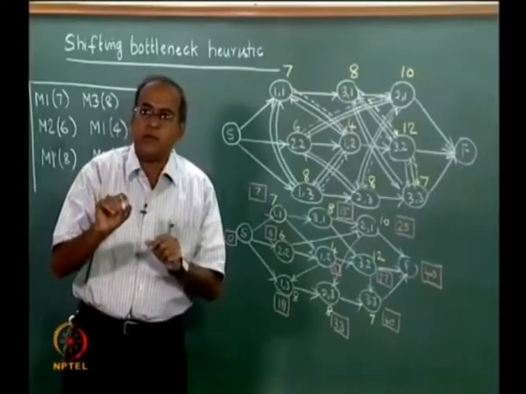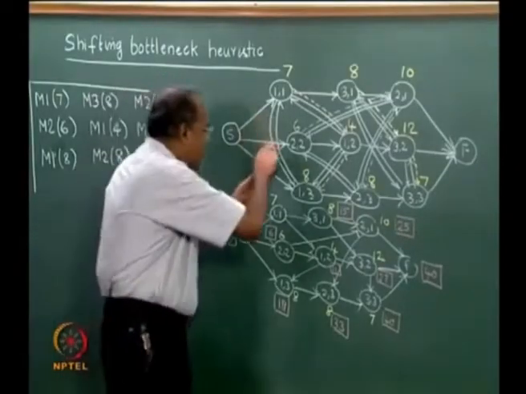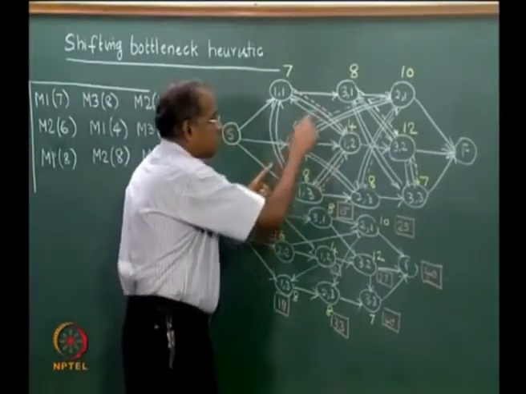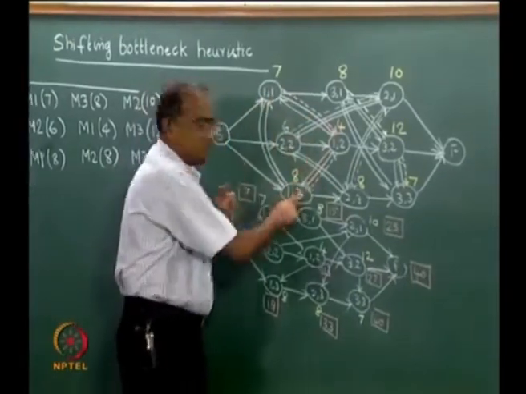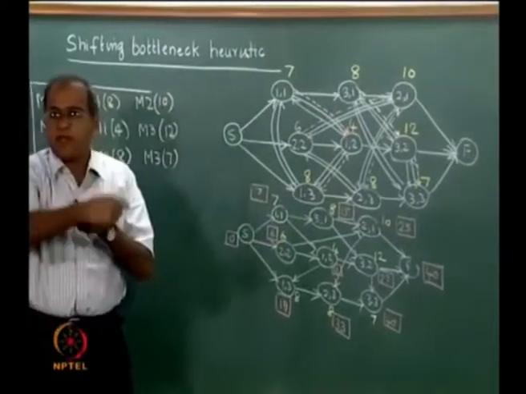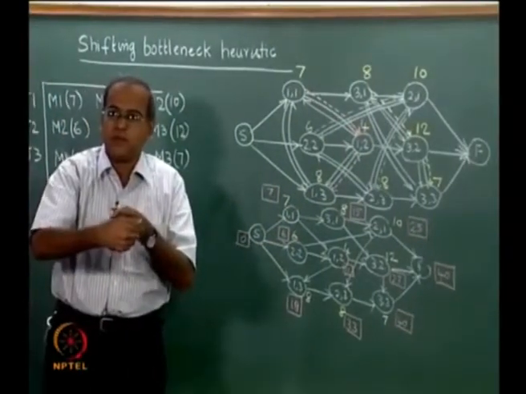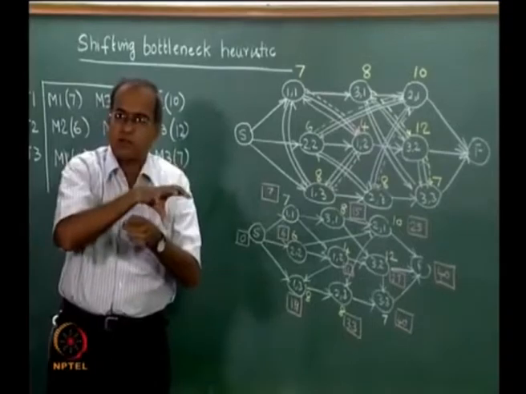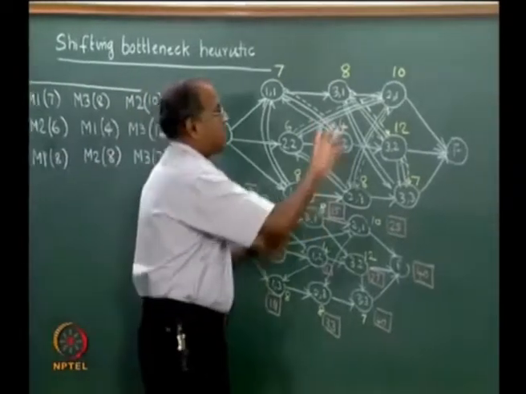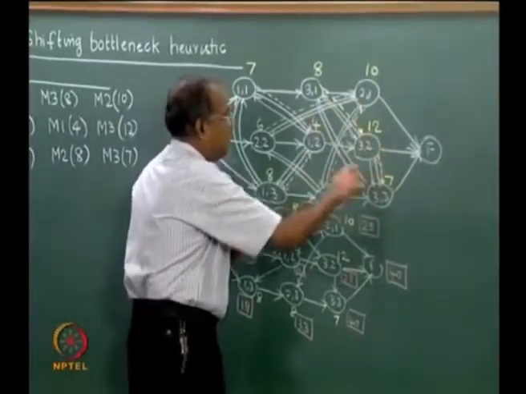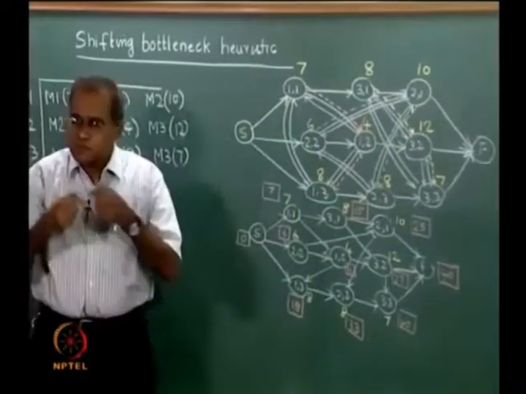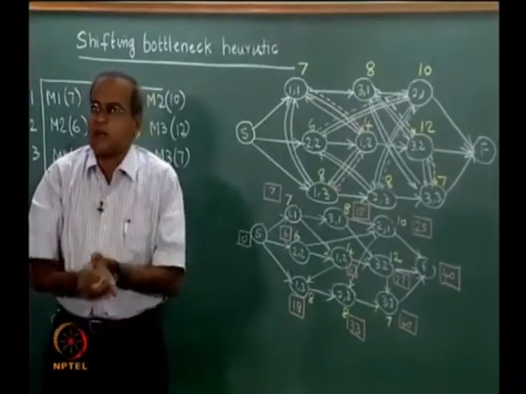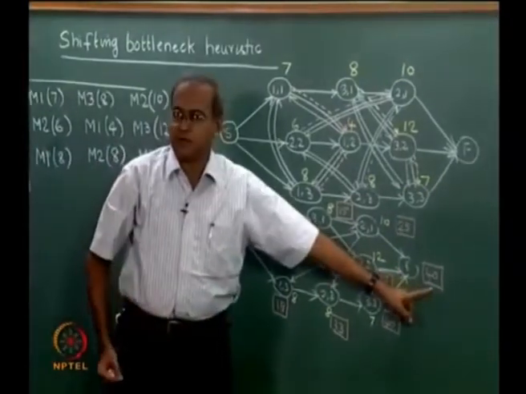What we intend to do is to try and find out what is the best way that we choose the 2 out of these 6. SPT made us choose this and this. Now is there another way by which we can choose another set of 2 arcs out of this? Similarly, another set of 2 arcs on the yellow and another 2 arcs on the other, which is machine 2, so that at the end of it the longest path is less than 40.